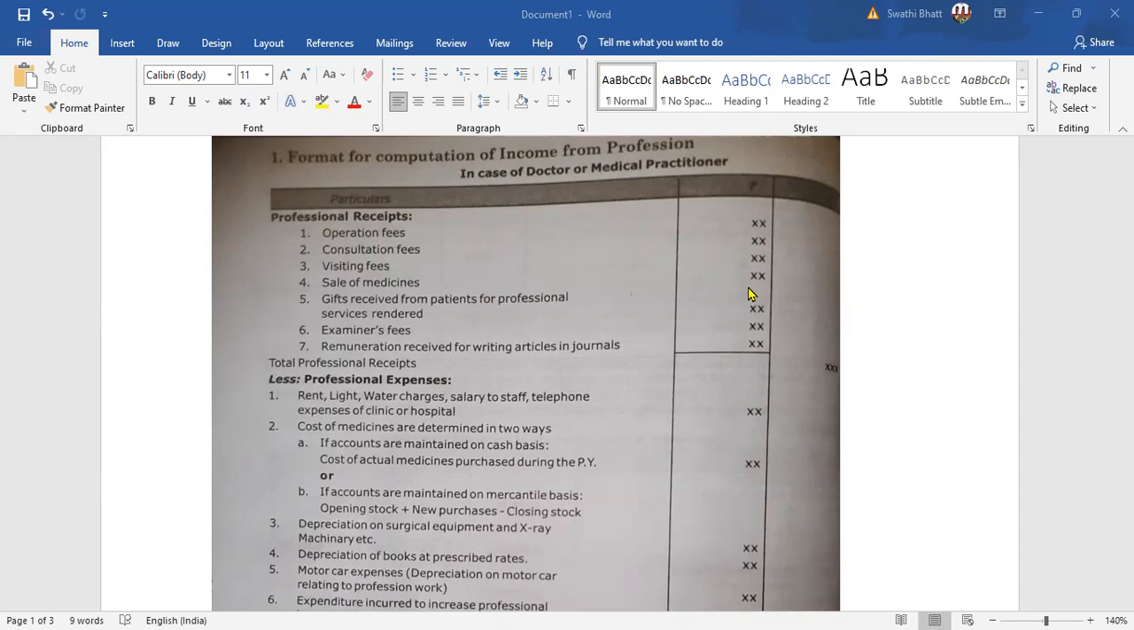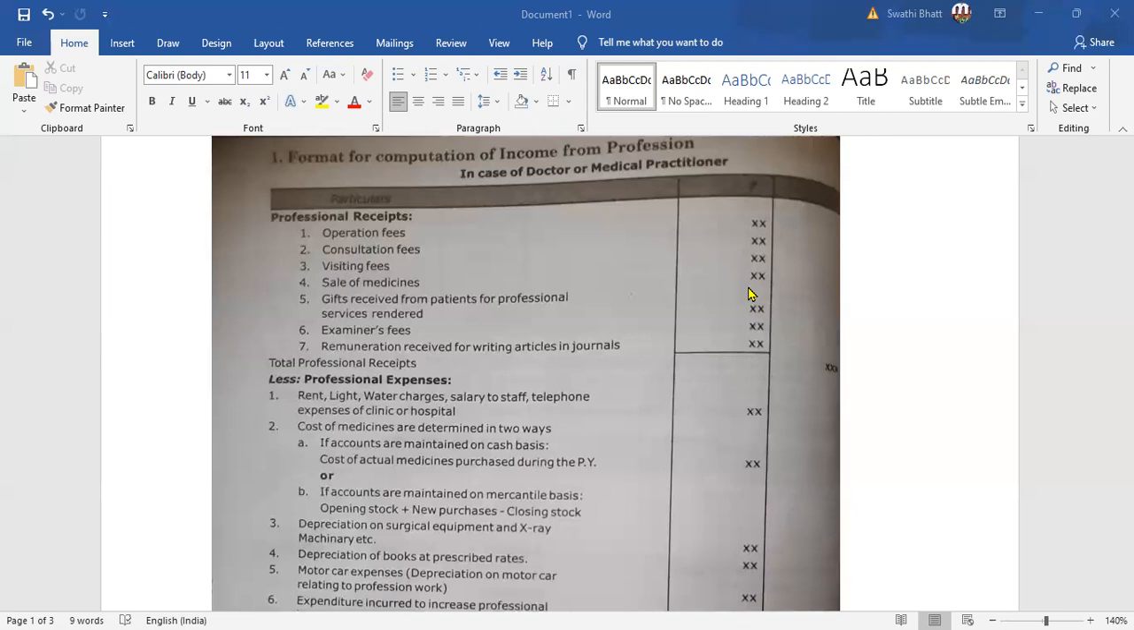This format has two parts. One is your receipt. As a doctor, whatever he is receiving from his profession, from these receipts you will be deducting the expenses which are related to his profession. Now, the receipts, as you can see, these are the most commonly used items of receipts. One is operation fees, consultation fees, visiting fees, and there are certain doctors who also sell medicines and they make